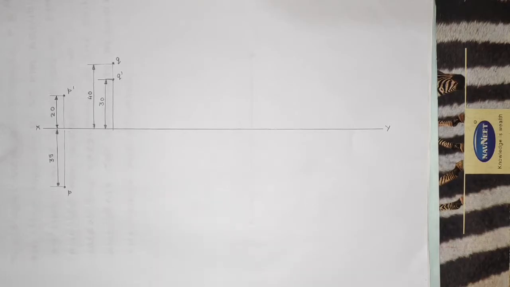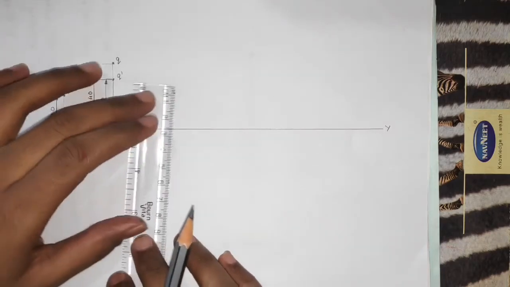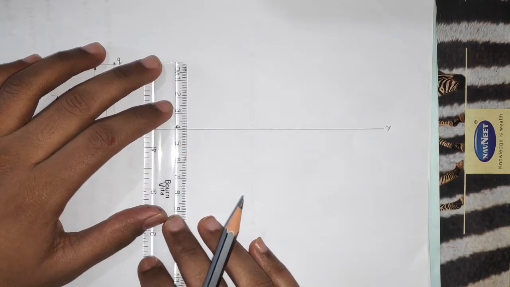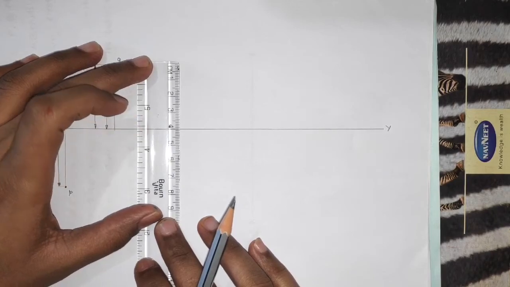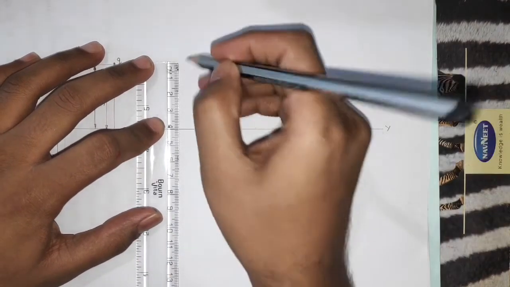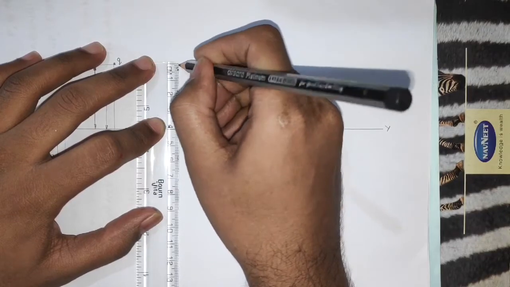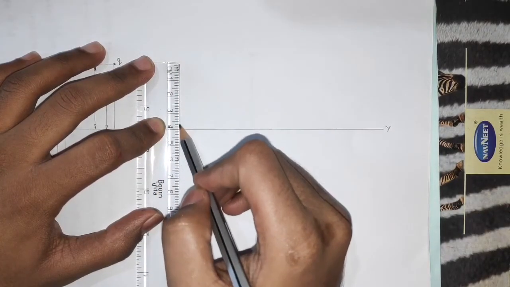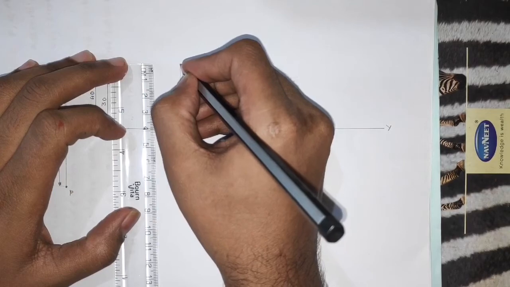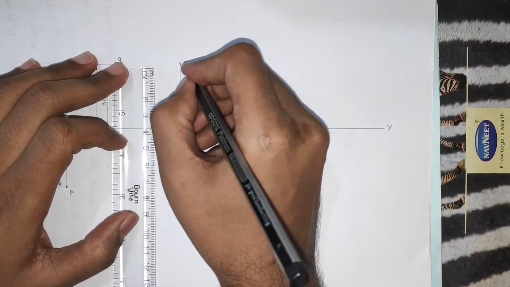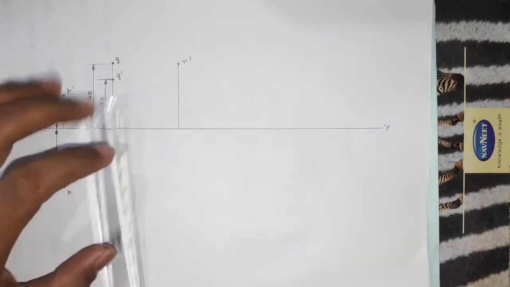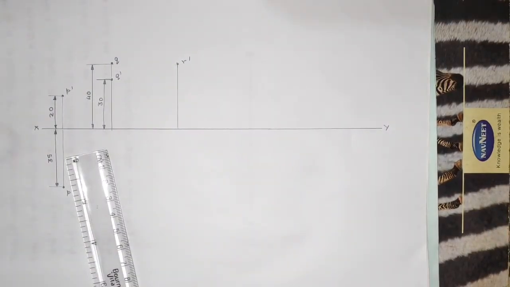Now coming back to solving this problem, first we shall locate the front view. Irrespective of whether it is first or second quadrant, my front view will come on VP, and for the first as well as second quadrant, the vertical plane is above the XY line. So first I'll draw the front view, which is 40 mm above HP. I'll locate this 40 on the XY line, mark the 0 mm line as my point, and draw the projection line, which would be thin. Darken this point. So this is R. Small letter r with a dash will give me the front view of this point.